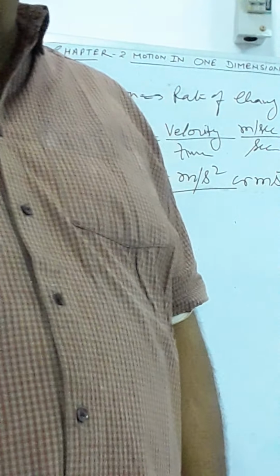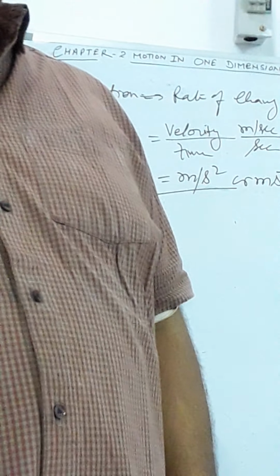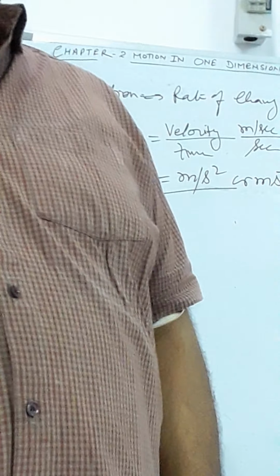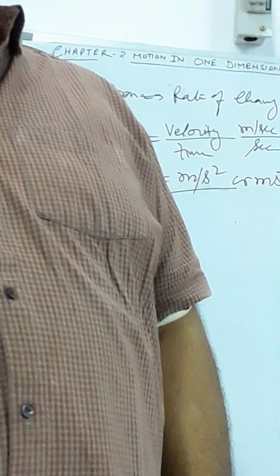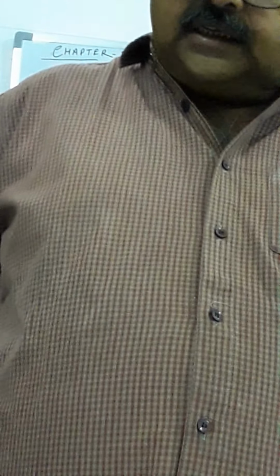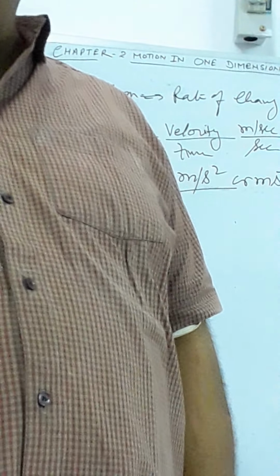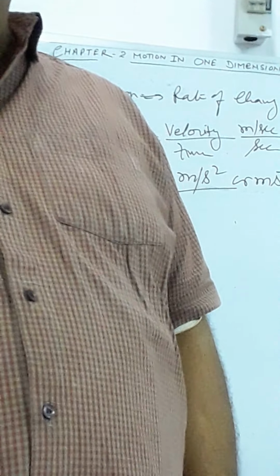Now children, 9th class, this was the first part of the chapter. Examples, very small questions they have given. Express the speed in kilometer per hour to meter per second: multiply by 5/18. This we studied in 7th standard. Find the distance traveled by the body in 5 minutes at this uniform speed: time into speed. But you have to convert 5 minutes into seconds and then multiply with the speed. So all the solved examples on page number 33, homework.